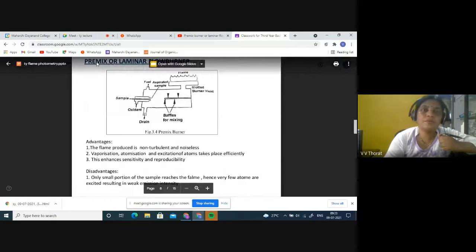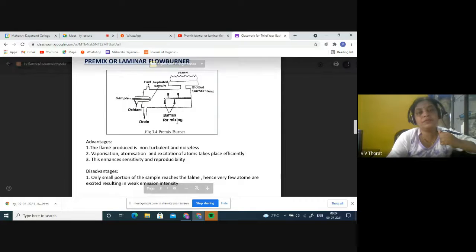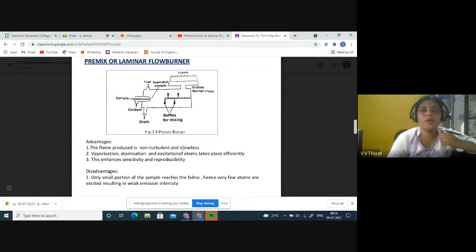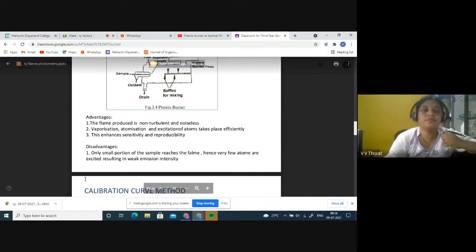Then we saw what is a premix or the laminar burner. I hope you will remember this. Advantages: it is non-turbulent and noiseless. Vaporization, atomization, etc. take place efficiently and it is sensitive and reproducible. The disadvantage is